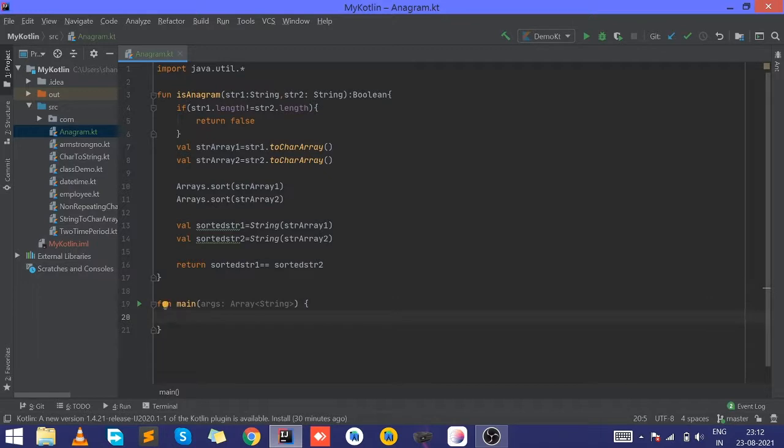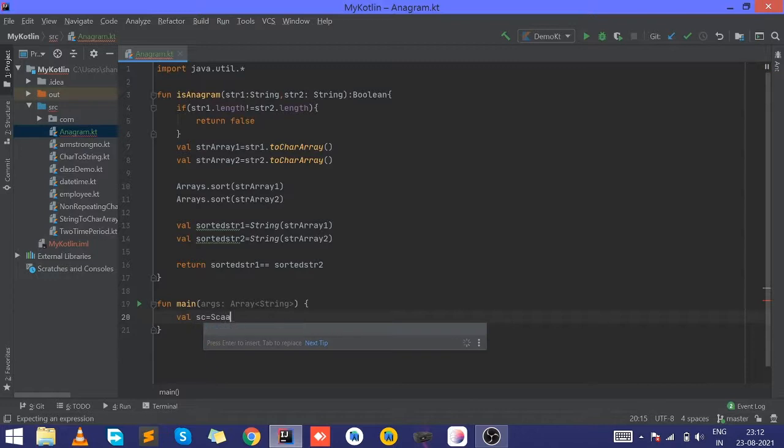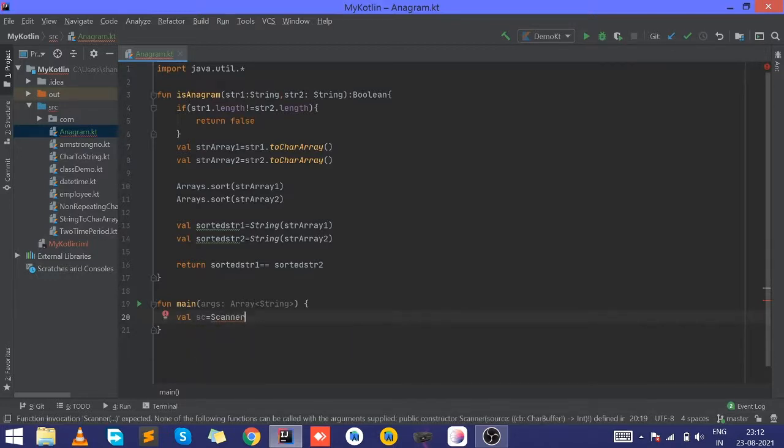Right. Now we can move up to the main function. Here we have to use the Scanner class for inputting the data. So make a scanner equal to Scanner(System.in).